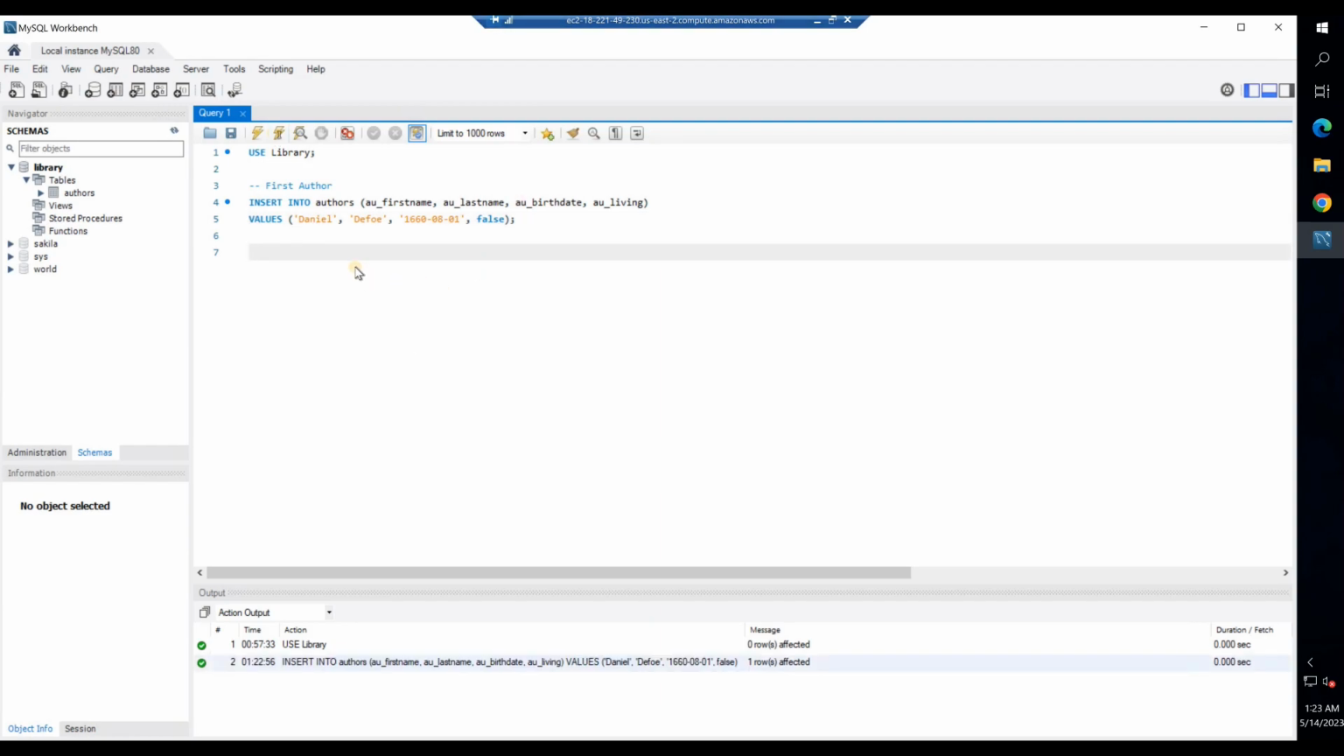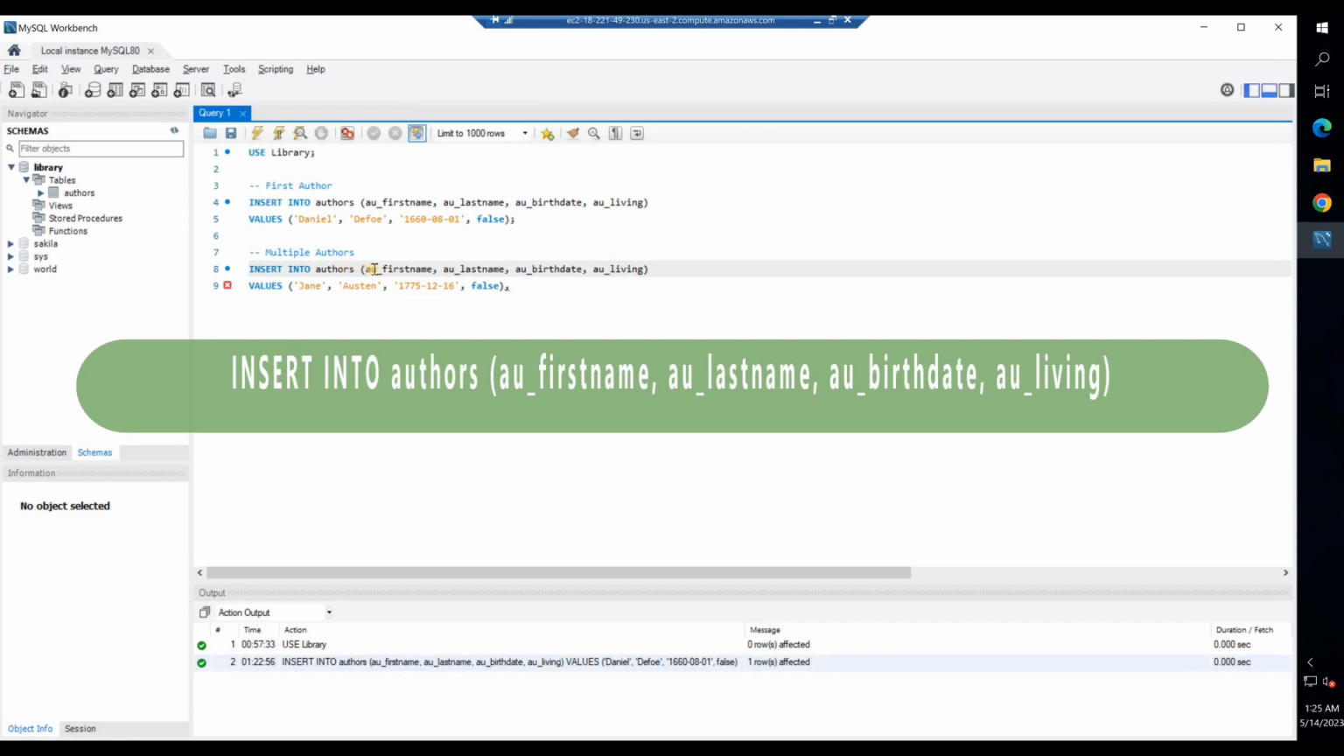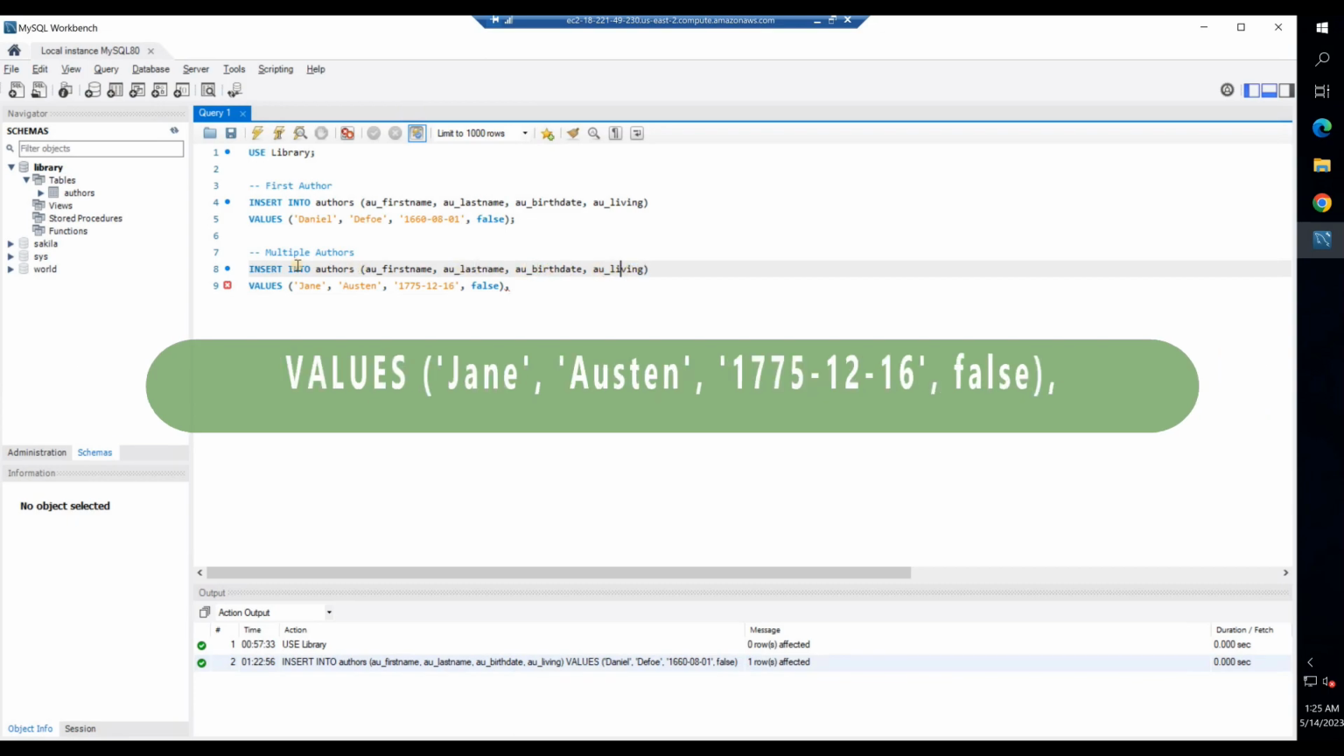Next, let's speed up data entry by entering the remaining row details for all other authors in a single query. Enter the query -- multiple authors. Insert into authors within parentheses AU first name, AU last name, AU birth date, AU living. Values within parentheses, within quotes, Jane, within quotes, Austen, within quotes, 1775-12-16, false,